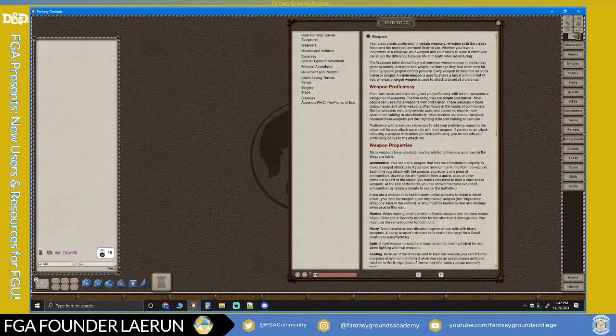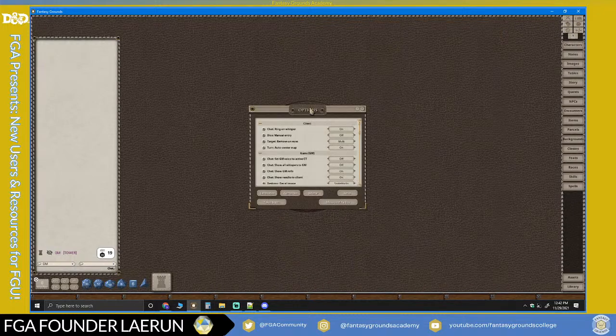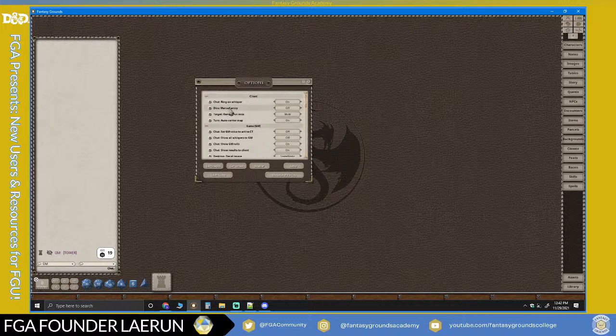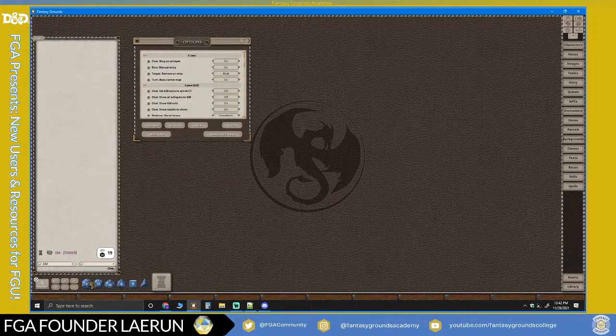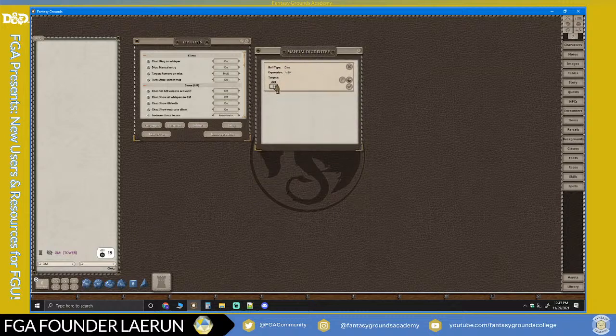Fantasy Grounds does allow for you to roll dice. What it does is you have a setting in your options, and here there is a manual dice entry. If you turn that on, when someone rolls a 20-sided, you would basically roll in here, and they would give you the result, or you would look at it on the table, and you would manually type in the number, and then you hit this OK, and it would either calculate or put this number against whatever you were doing. So there is a way that you can manually enter dice rolls if you need to.